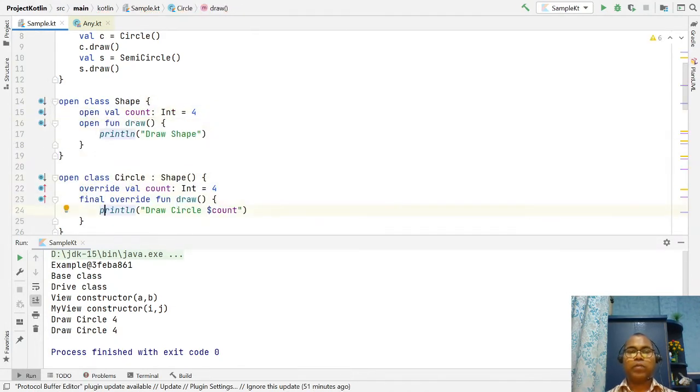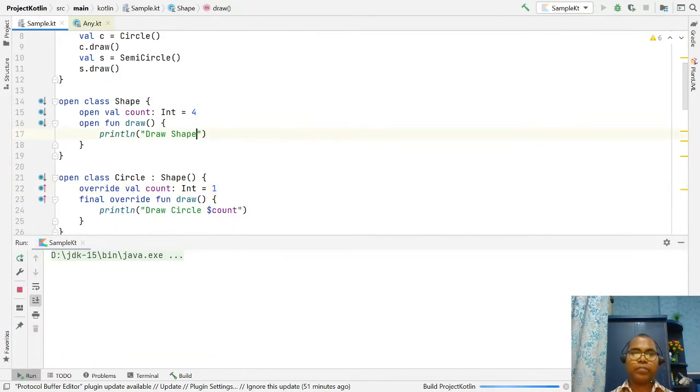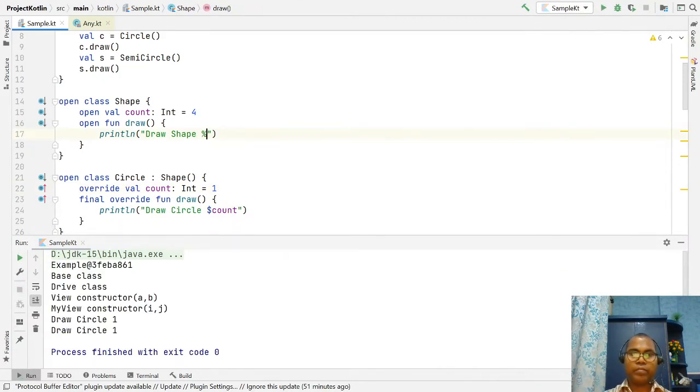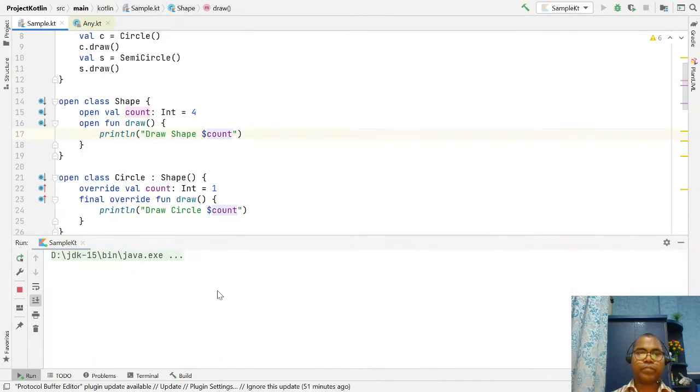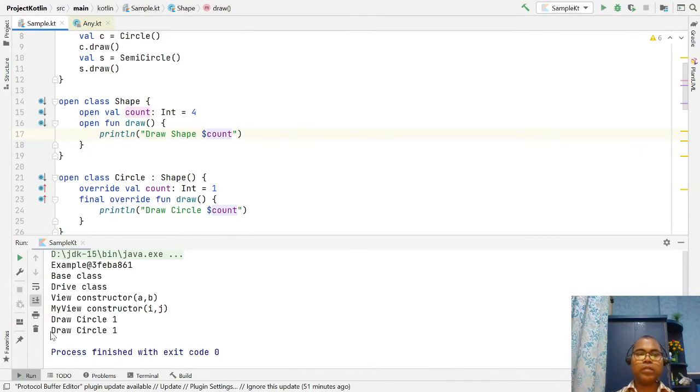Now, let's say this is the circle for one. If you run it, it draws circle one, two times draw.